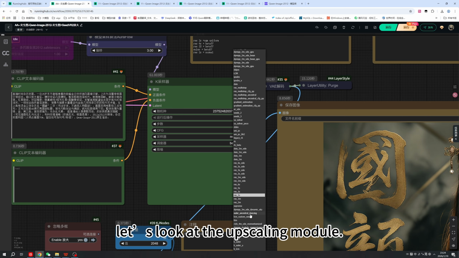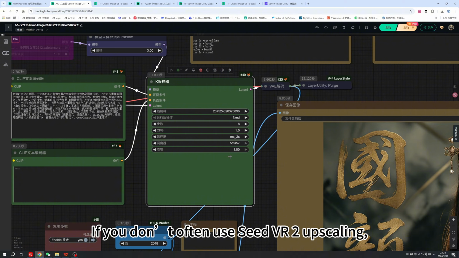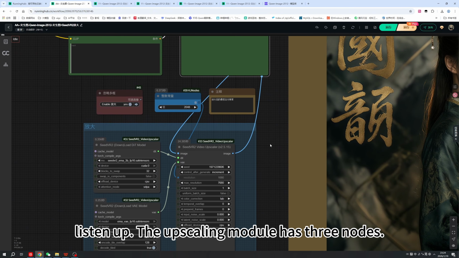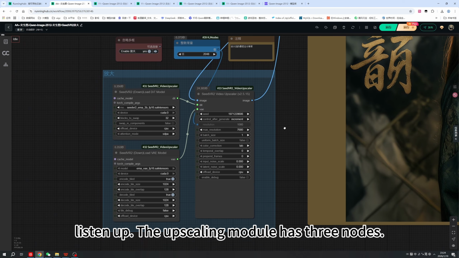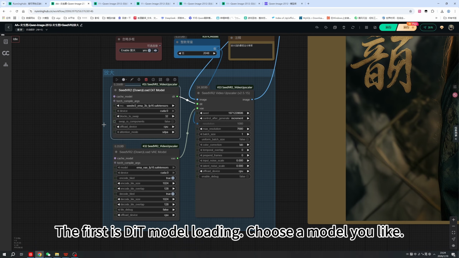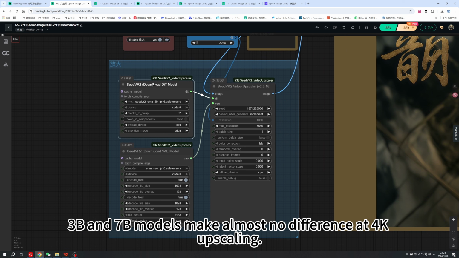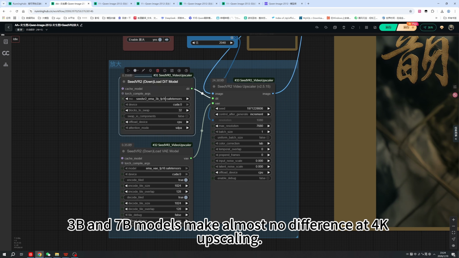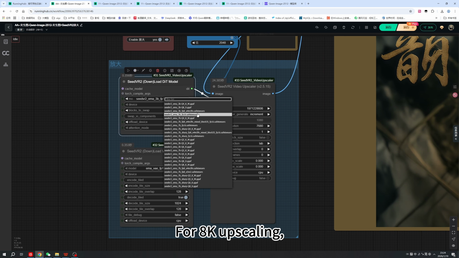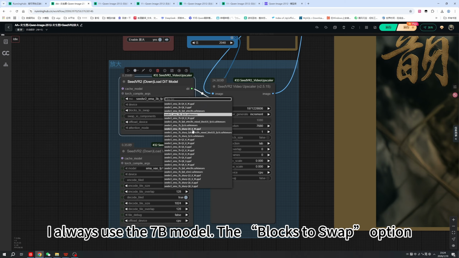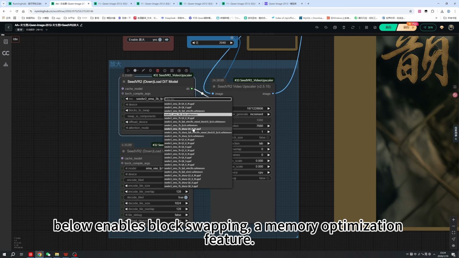First, let's look at the upscaling module. If you don't often use SeedVR2 upscaling, listen up. The upscaling module has 3 nodes. The first is DiT model loading. Choose a model you like. I've used it for a long time, and I find that 3B and 7B models make almost no difference at 4K upscaling. For 8K upscaling, I always use the 7B. The blocks to swap option below enables block swapping, a memory optimization